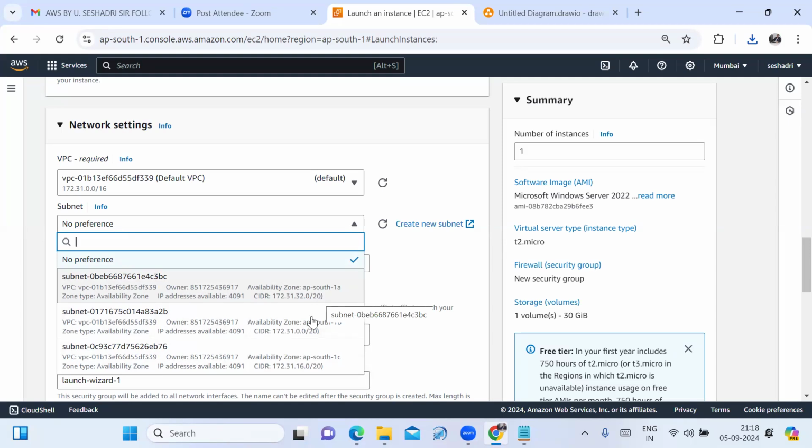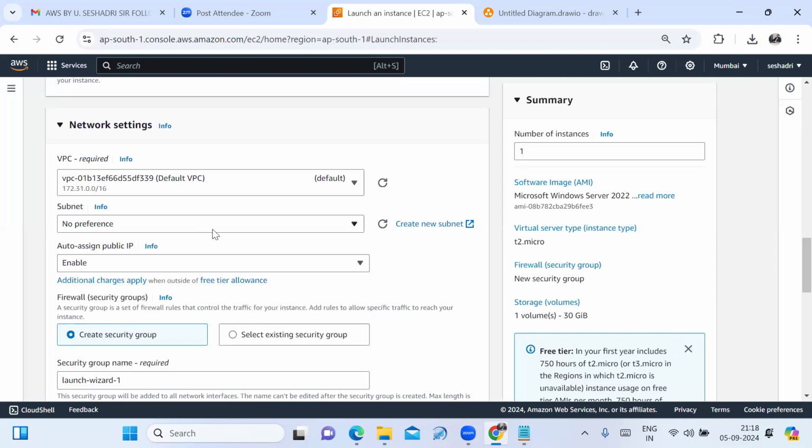If I select AP South 1B, my instance is launched in AP South 1B. If I give no preference, my Windows server can be launched in any one of the availability zones. I am giving no preference. Auto assign public IP is enabled by default, and I can select enable.